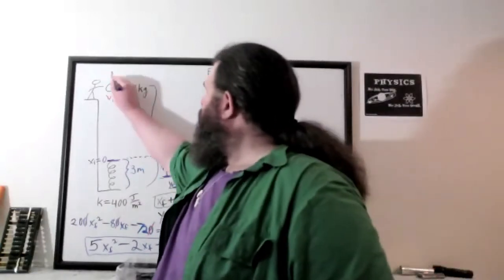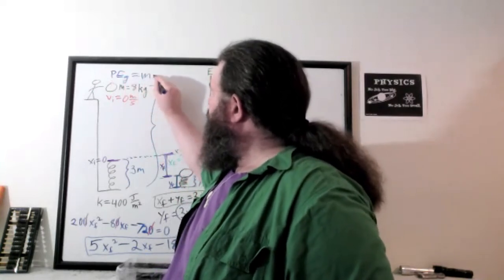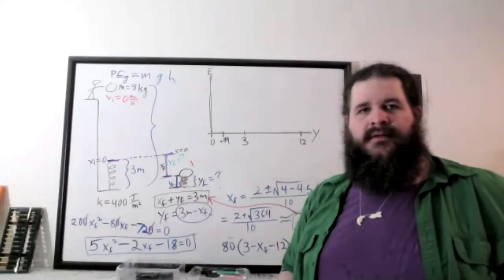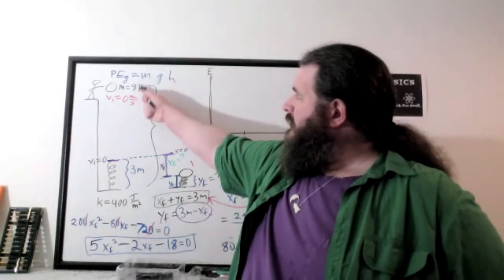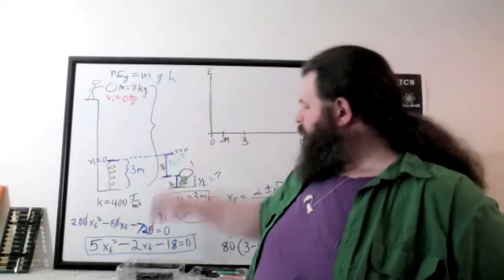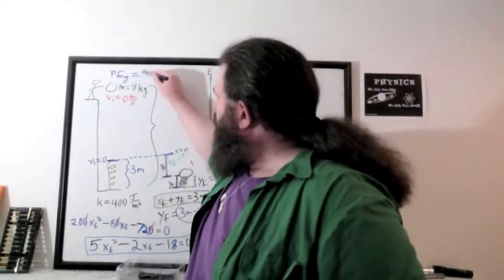10 meters per second squared. That's the acceleration of gravity. But remember, potential energy of gravity is m times g times h. It's 960 kilojoules, because we're multiplying 8 as the mass, times 10 as gravity, times 12 as the height. So 8 times 10 times 12 would be 960